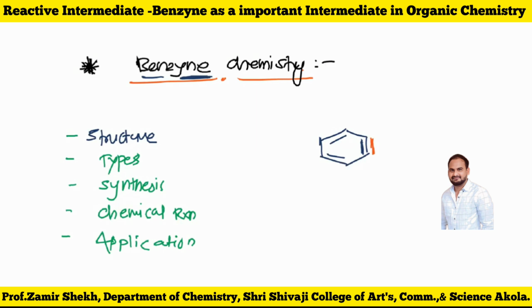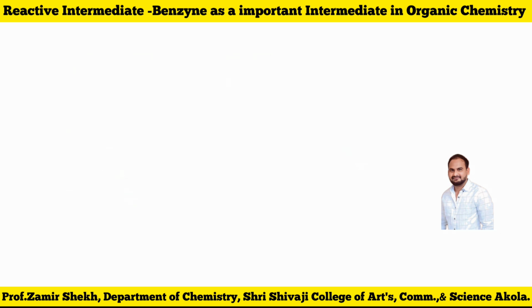So this type of molecule is part of the alkynes, because it is a triply bonded compound, but it somewhat differs from the alkynes. Now this is the structural representation of the benzyne molecule. We'll discuss the introductory part about benzyne, and how these kinds of molecules are generated and all these things.